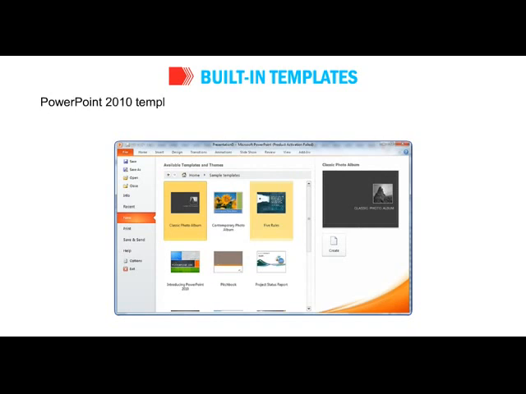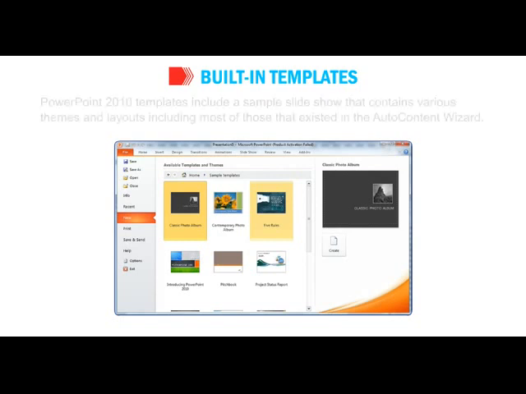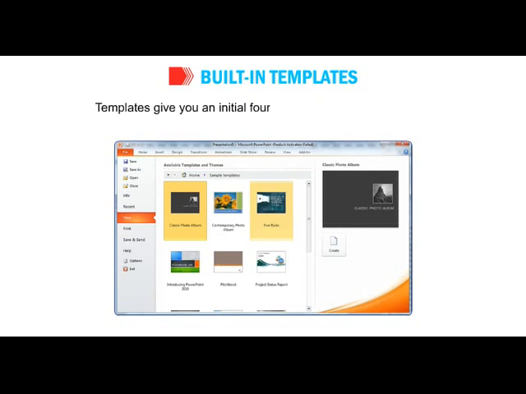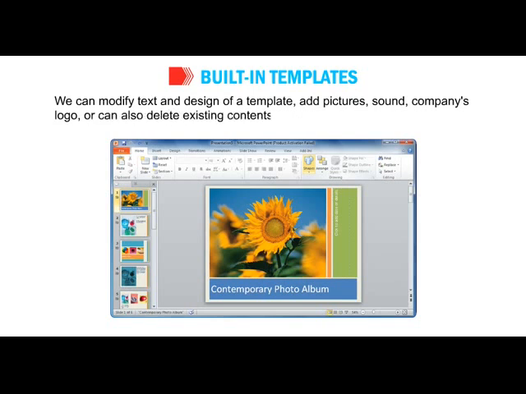PowerPoint 2010 templates include a sample slideshow that contains various themes and layouts, including most of those that existed in the Auto Content Wizard. Templates give you an initial foundation to build a presentation. We can modify text and design of a template, add pictures, sound, company's logo, or can also delete existing contents from the template.